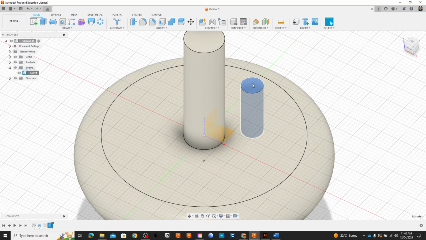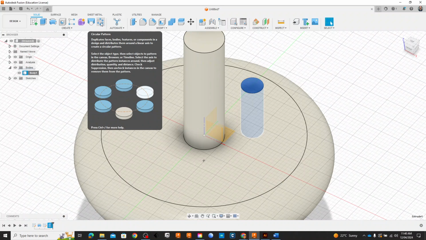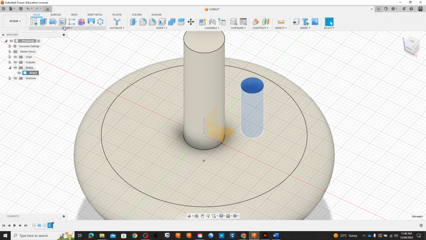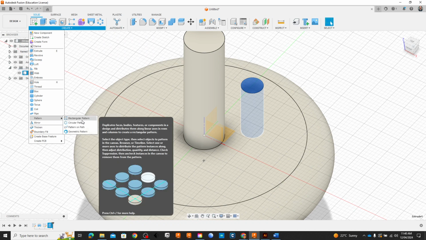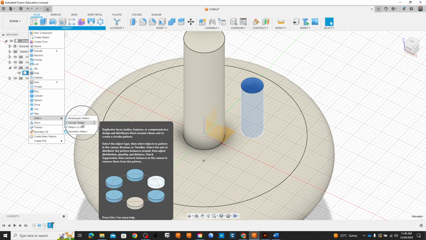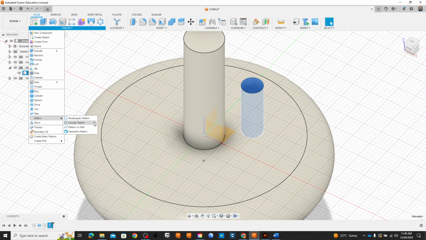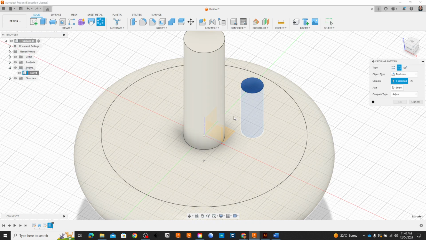So I'm going to go to that feature, and then I'm going to select this function here, called circular pattern. To find it in the base menu, go to create, and go down to pattern, and circular pattern here, okay? You might want to go to the menu and add that to your toolbar as well. So circular pattern, I've got an object selected, and again, it's going to ask me for an axis. So I'm going to click on the axis button,